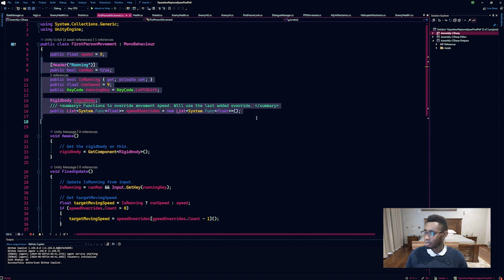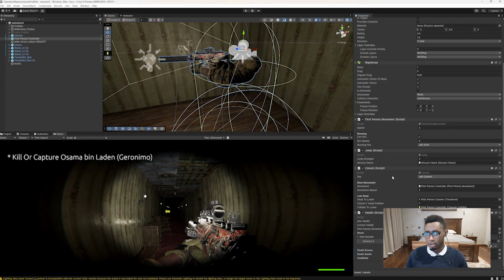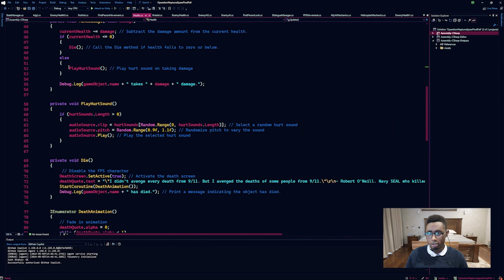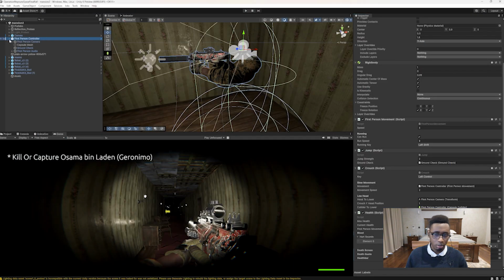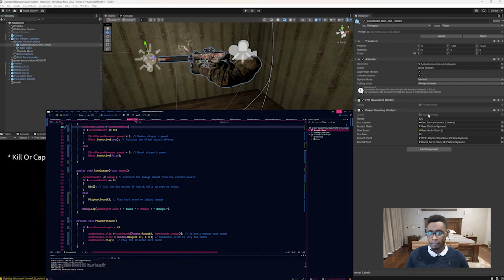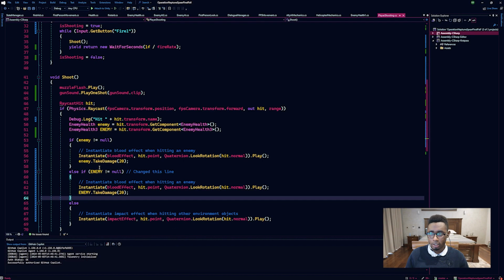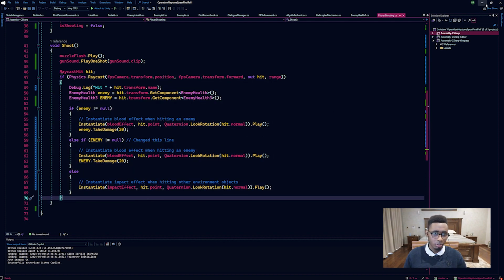Yeah, in games you have to know physics. Then there's a health system as well for managing your health and checking if you're dead or not. And then there's the last system, which handles all the shooting mechanics. So all this is what handles how you shoot enemies and how the gun mechanics and the gun physics work. Oh, and the last part is the camera that I was telling you about,